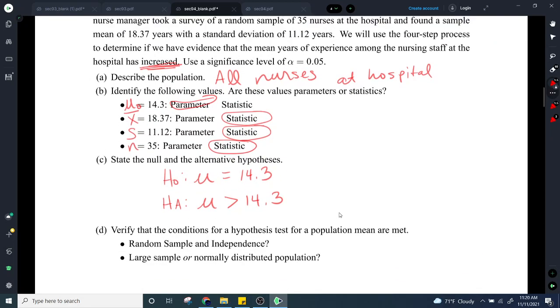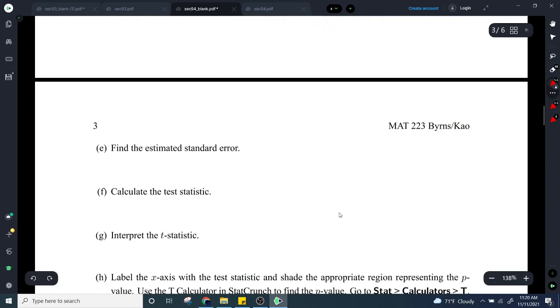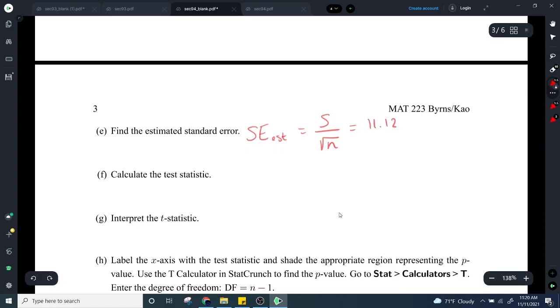We were told that it was a random sample, and N is greater than 25 because N was 35, so we are good to go with our sample size. All right, find the estimated standard error. We're going to use that formula we had a few minutes ago. That's going to be S divided by the square root of N. And so in this example, S was 11.12 divided by the square root of 35. And I have that number, that's about